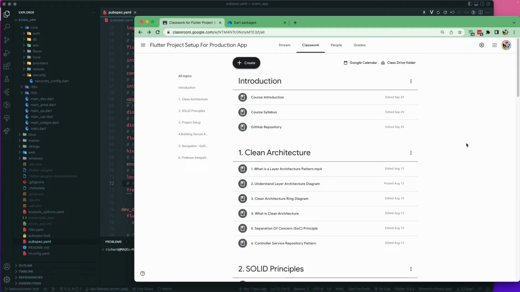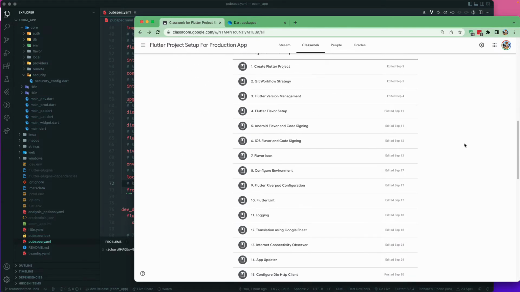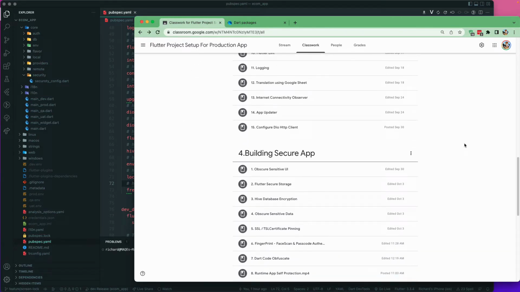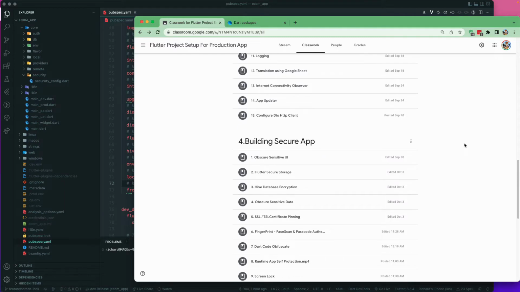And let us continue. Currently, we are on section 4, which is building a secure application. Today, we will be learning about lecture 9, which is to have a secure screen lock inside our application. This will be really helpful when you are building an application like a banking application or some kind of crypto application where you want to enter a passcode to enter a certain screen or to view certain information. You need a user to authenticate, whether they authenticate using fingerprint or using the passcode,